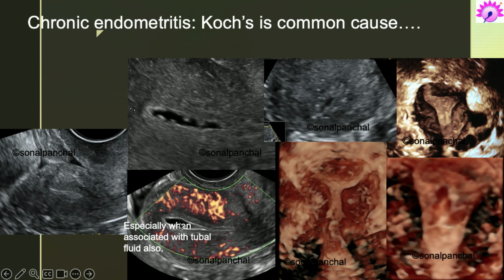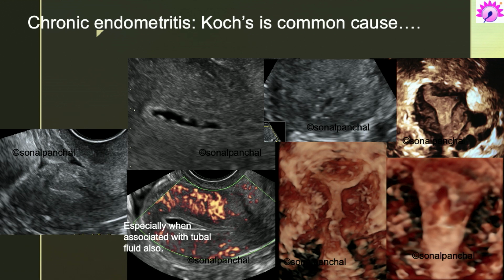And as we were seeing in the morning, see, there is a fluid in the endometrial cavity with hyperechogenicity of the inner line, as we saw in that septate uterus. There may be contracted cavity and there may be scarring in the cavity, which all may be possibly due to tuberculosis. Apart from that, patients with tuberculosis may also show myometrial cysts, which are very common to what you see